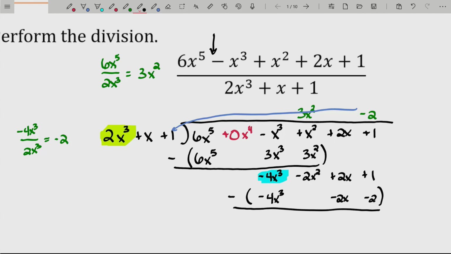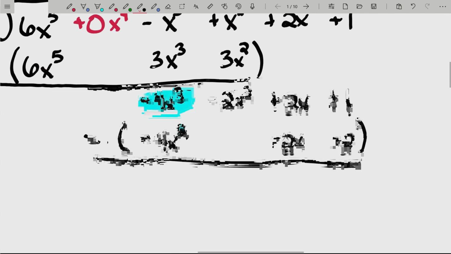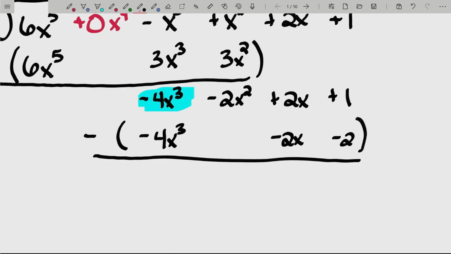And now we'll go ahead, I can erase that blue, and subtract all those bottom values from that polynomial there. So we have a negative 4x cubed plus a 4x cubed. That becomes 0 by design. We have a negative 2x squared, losing nothing. So it's just a negative 2x squared. We have a 2x minus a negative 2x, which is a positive 4x. And then we have 1 minus a negative 2, or plus 3. Now notice,